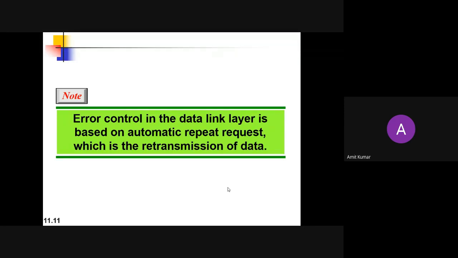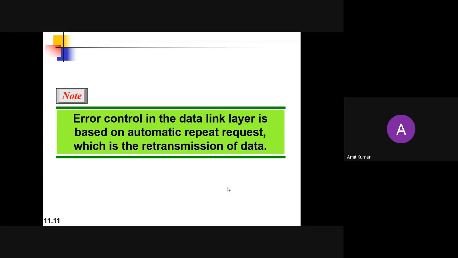So the error control in the data link layer is based on the automatic repeat request, ARQ, which is the retransmission of data. Error control has both error correction as well as error detection. It allows the receiver to inform the sender that frames are lost or have some damage in the information.